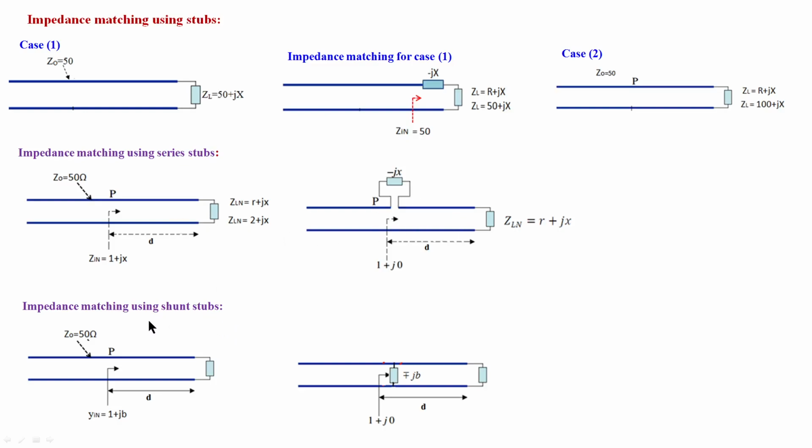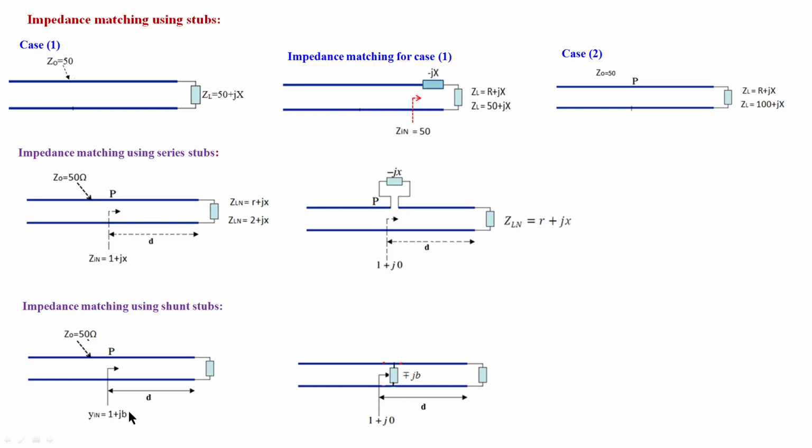Another is shunt stub matching. See here, instead of finding impedance 1 plus jx, you find the position. You go on moving from the load until our admittance value is 1 plus jb. That means the real part is 1. Stop there. You can find this easily, and the distance we can also find easily from the Smith chart. You stop here and note down 1 plus jb.